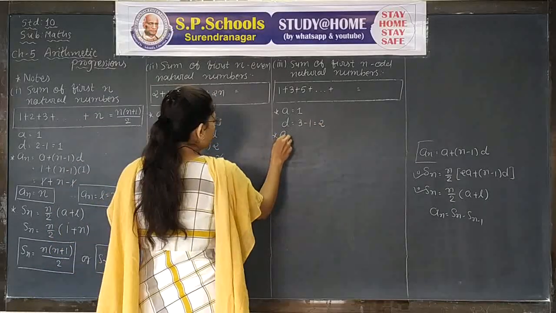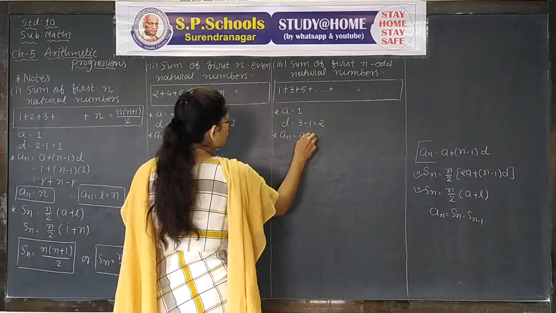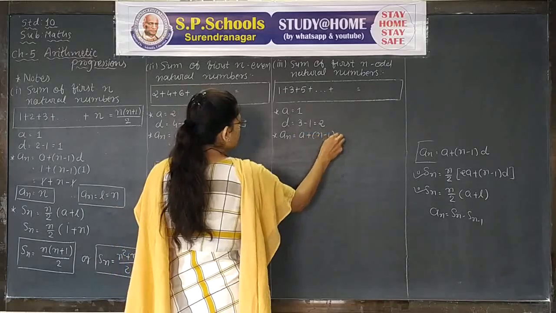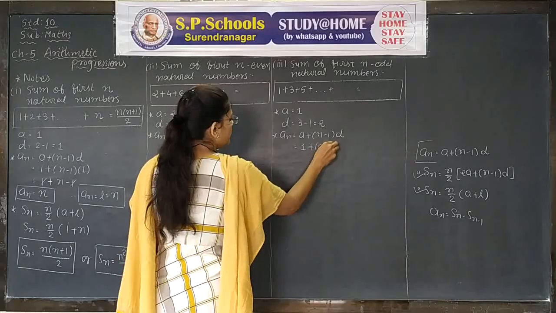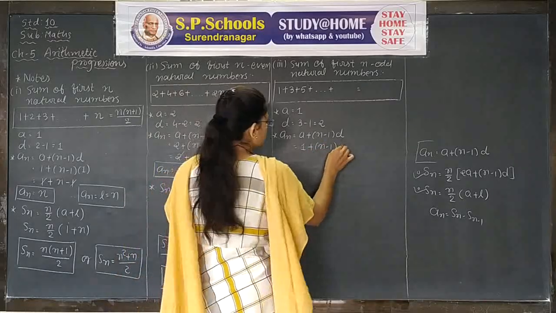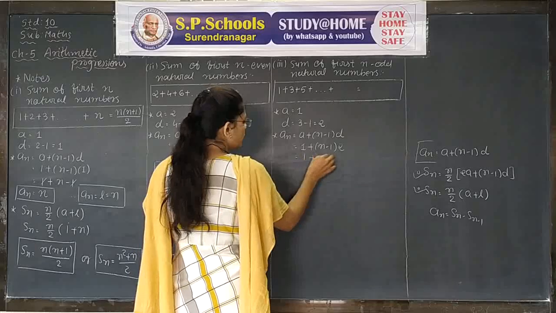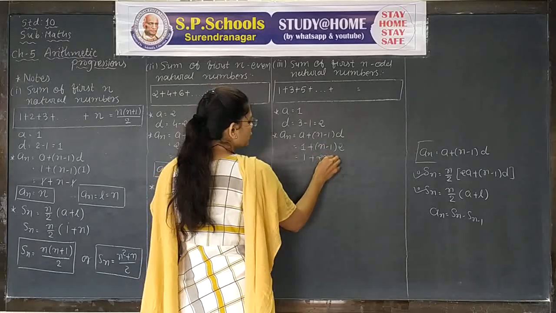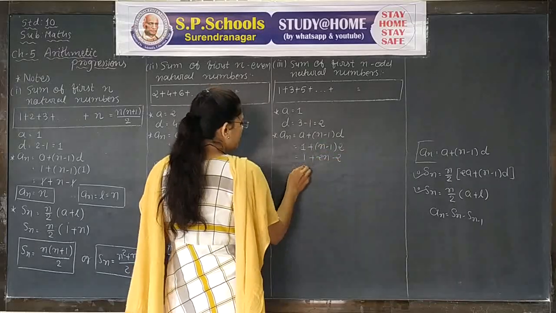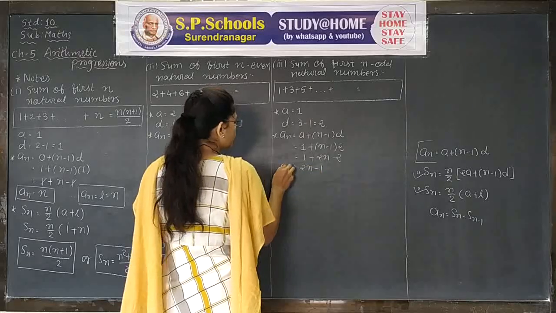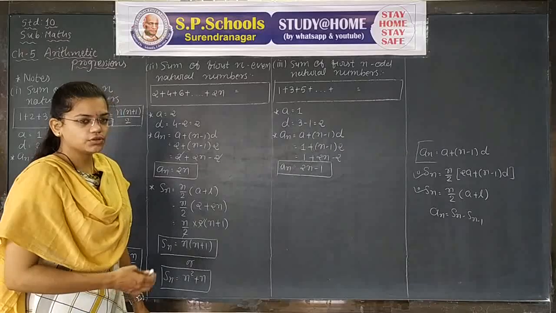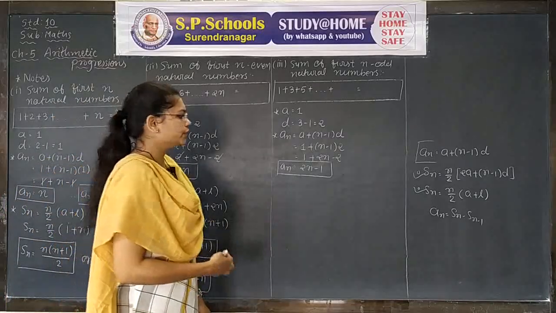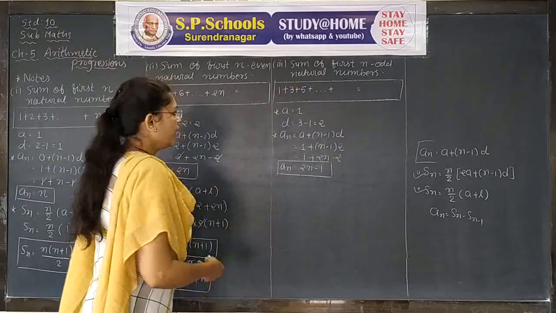Now the formula to find an is equal to a plus (n minus 1) into d, where a is equal to 1 plus (n minus 1), instead of d is equal to 2. 1 plus 2 multiplied with bracket n minus 1, 2n minus 2, and we get 2n minus 1. 2n minus 1, it is an. Instead of n we substitute the values 1, 2, 3, 4, 5, 6 and we get our AP.